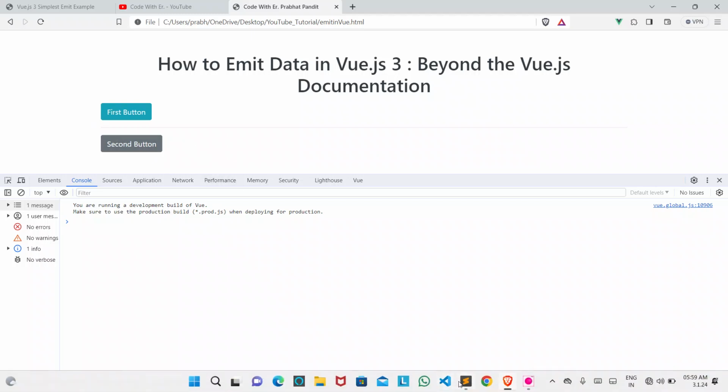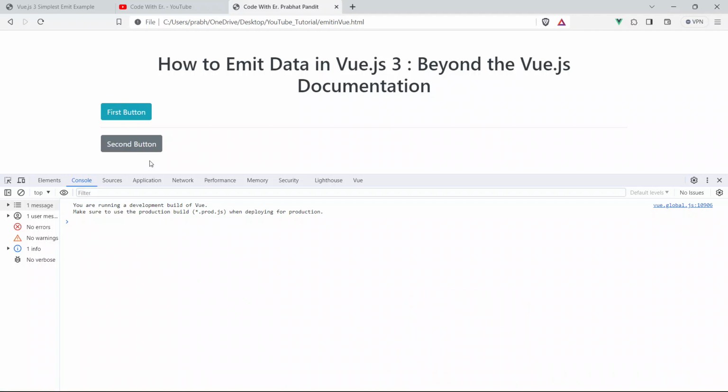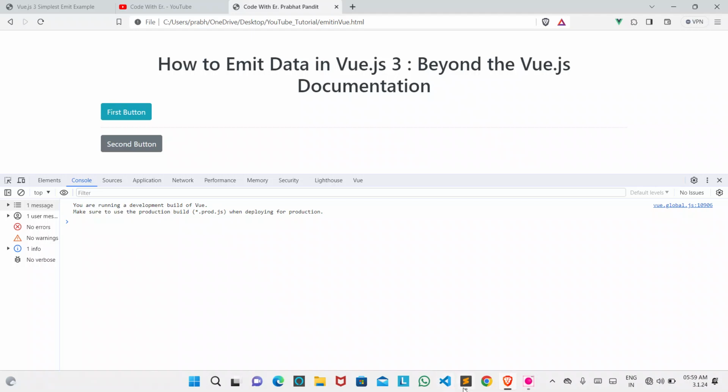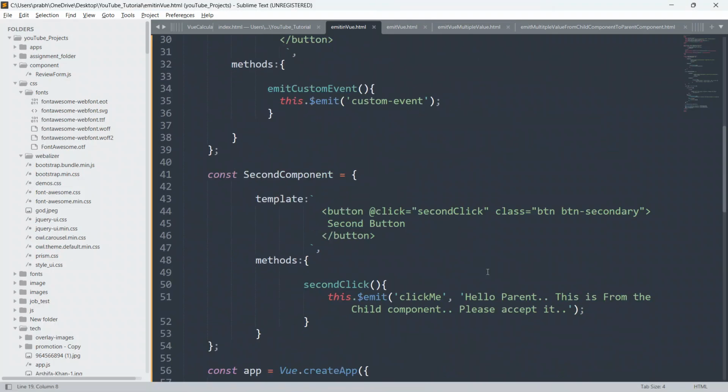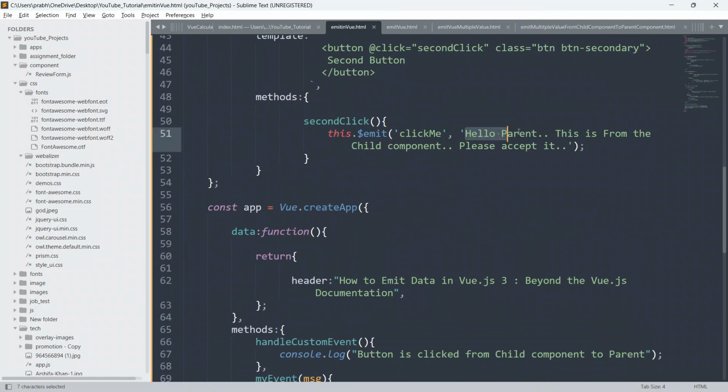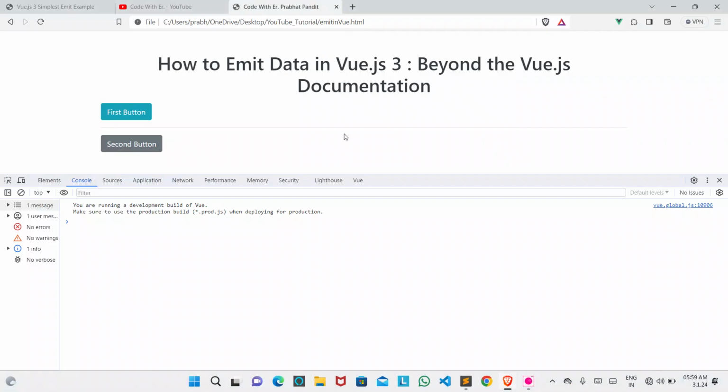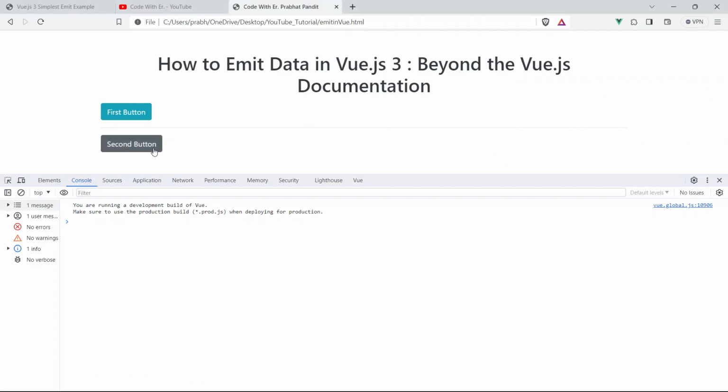Okay, so guys, we are expecting one message in the console whenever a user clicks on the second button. We will be able to see the message in the console, and the message is "hello parent, this is from the child component, please accept it." Just go to the browser again and hit the second button. See, boom guys, we got the message in the console saying hello parent, this is from the child component, please